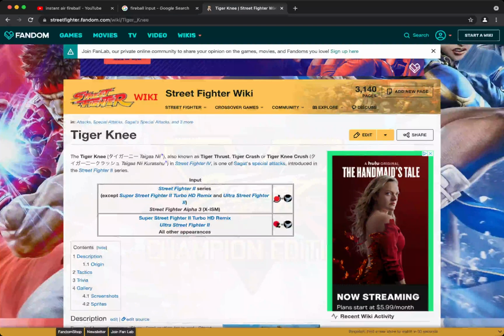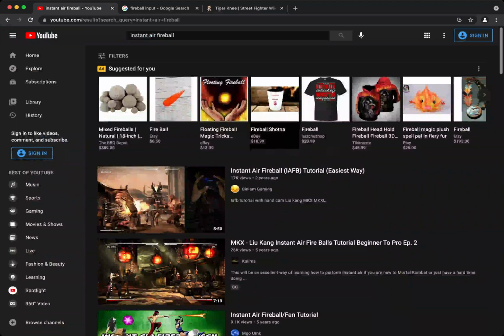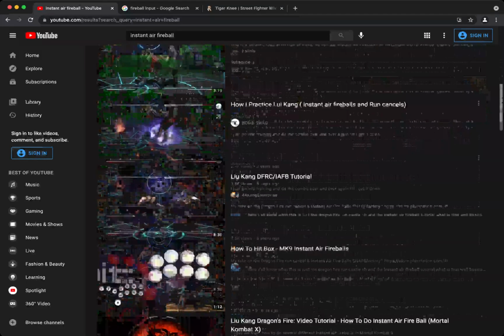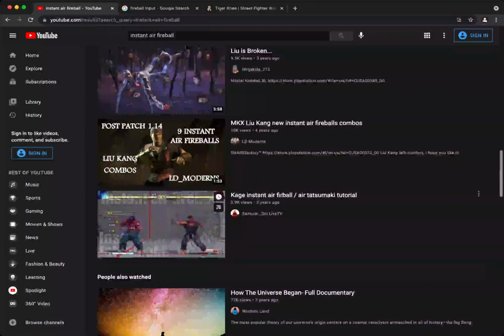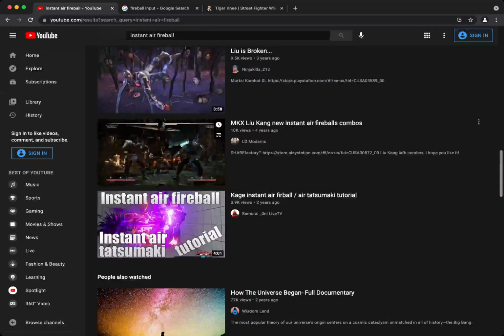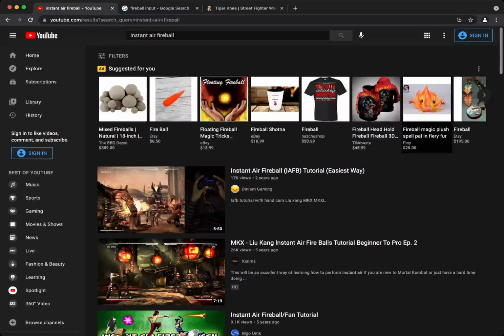Anyway, I think that's the reason why, when you search Tiger Knee, you don't get much Mortal Kombat. You get a couple, but if you search Instant Air, you see tutorials, you see videos, you see some of everything. It's all Mortal Kombat. Ooh, look, you saw a single Street Fighter. That guy probably started out playing Mortal Kombat. And I think the reason for that is you grew up playing Mortal Kombat. That's what people called it, because Tiger Knee input just wasn't applicable. Doing a fireball instantly off the ground,